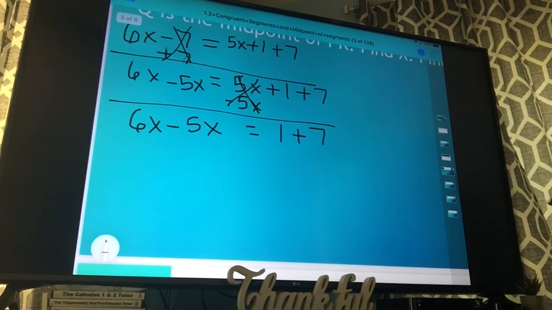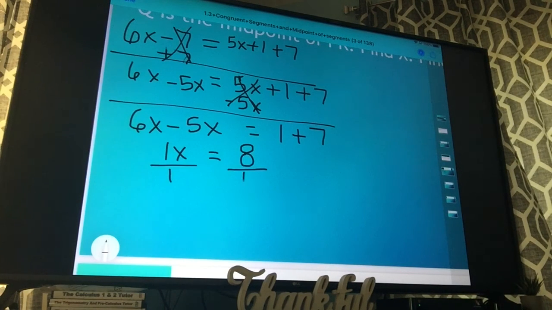So 6x minus 5x is 1x. 1 plus 7 is 8. Now a 1x doesn't change anything, but you're more than welcome to go ahead and divide by that 1. Your last step is always going to be divide anyways, so we can say divided by 1, both sides. We need to get x by itself. x equals 8 over 1, which is just 8. Okay, so now